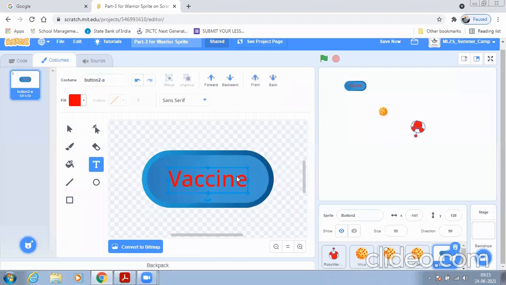Now the sprite vaccine is designed. Now you can write the name here, vaccine.